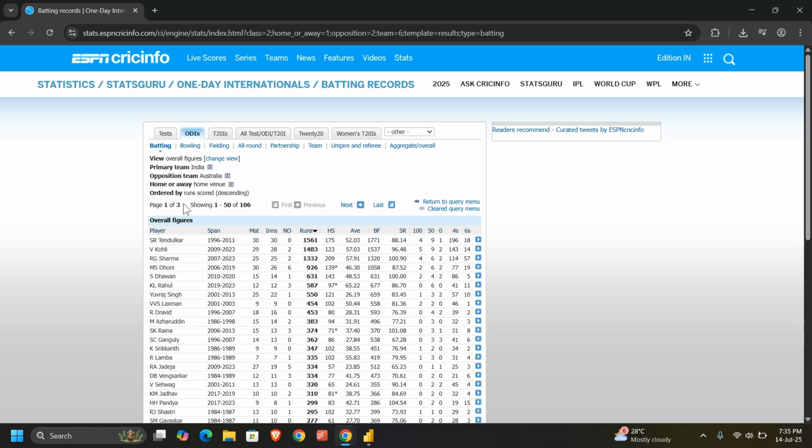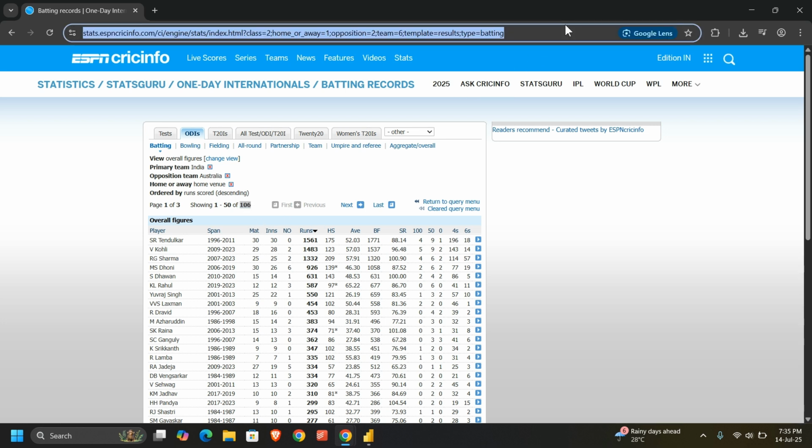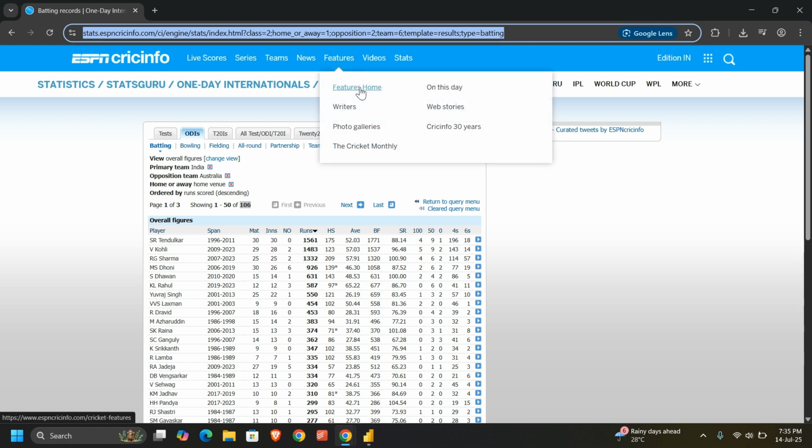Now, what I can see is I have three pages showing 106 records. It means I have 106 rows here that I need to import in the Power BI desktop. What I'll do is have a look at the URL on the website. What you can see is there is no page option available here, since this is my first and default page.